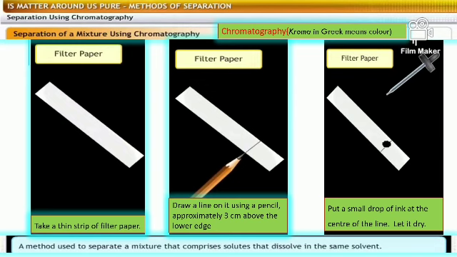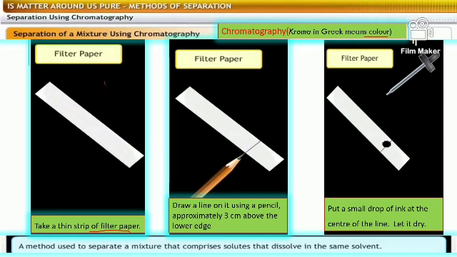Next method is chromatography. The word chroma is a Greek word which means color. So this method is used to separate the colored components. Okay, so what we have to do in this? Step 1: make a thin strip of filter paper.